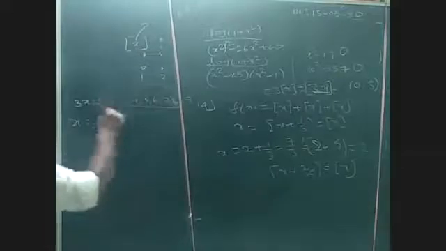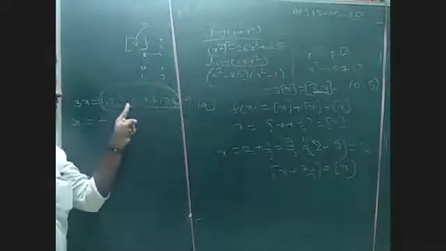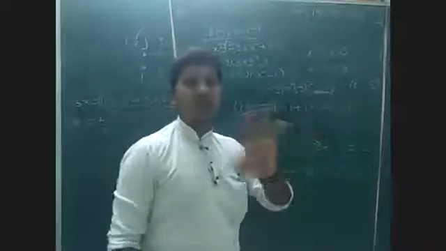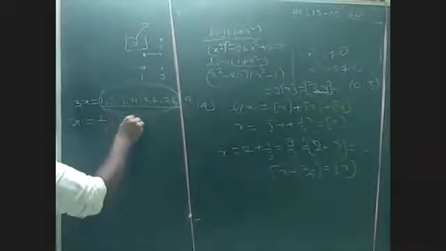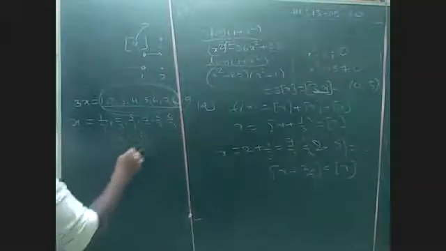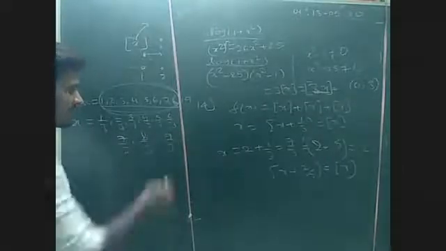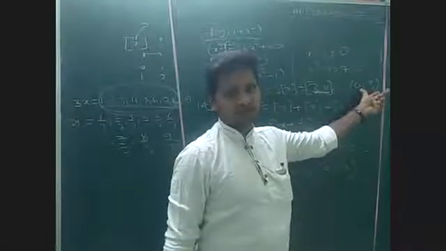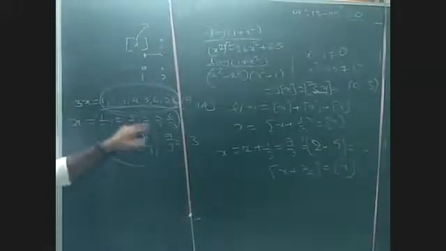At these integers, because each and every value is an integer, the given step 3x is not continuous. So how many points are there? Like 1 by 3, 2 by 3, 3 by 3, 4 by 3, 5 by 3, 6 by 3, 7 by 3, 8 by 3, 9 by 3, is it right? We cannot take 9 by 3 because 9 by 3 is equal to 3, and see here, it is an open interval at 3. We cannot include 3. So up to 8 by 3 you can take: 1 by 3, 2 by 3, 3 by 3, 4 by 3, up to 8 by 3.